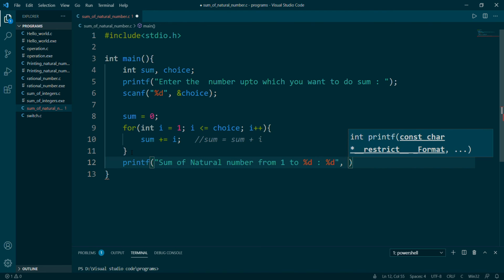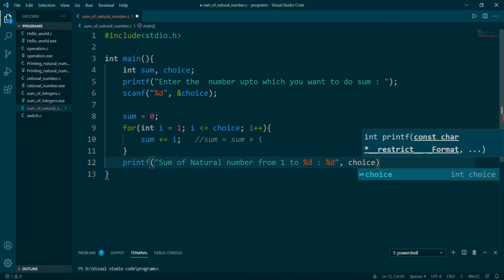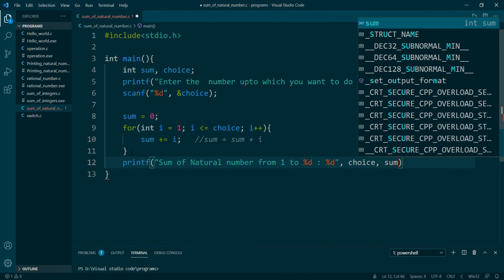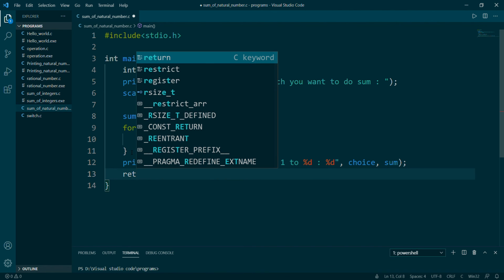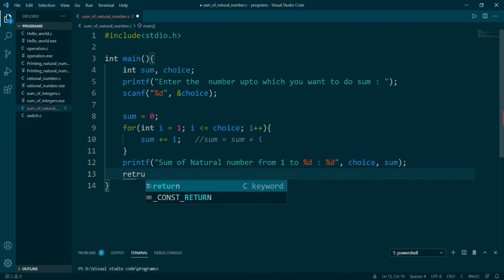Then I'll write here choice comma sum, and will finish my program by return 0.